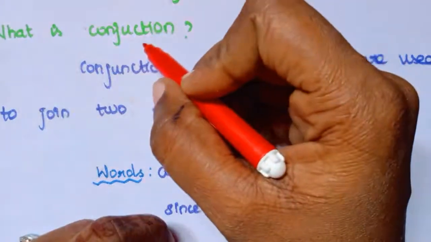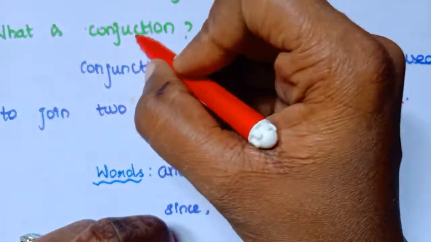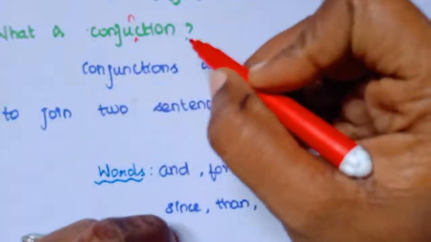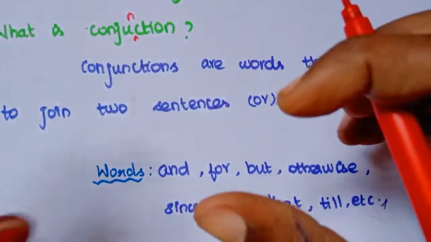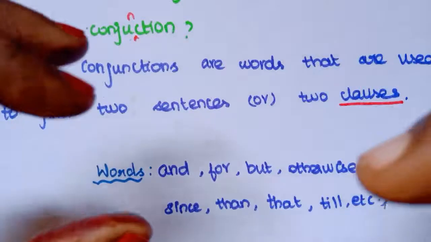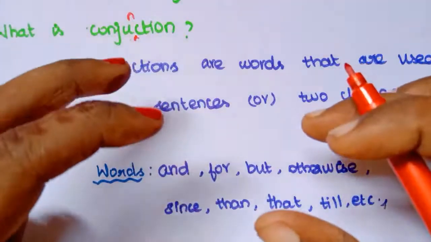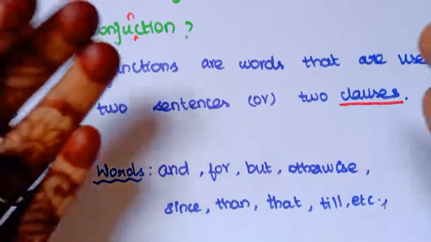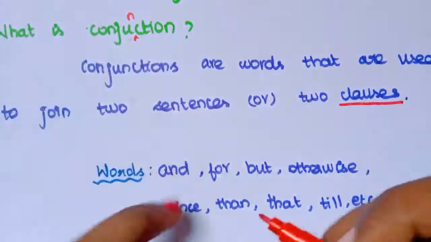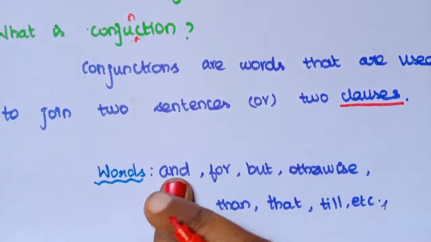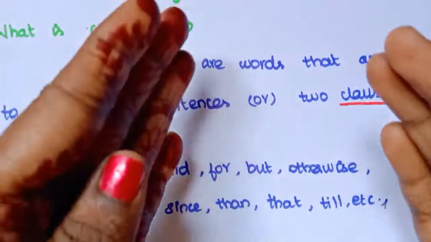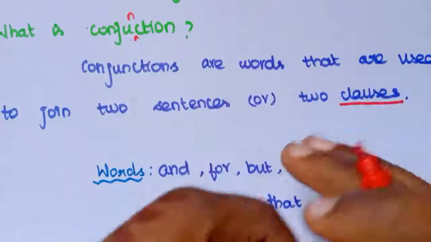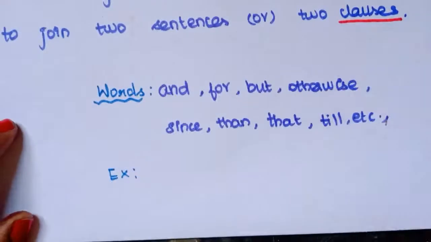A junction is nothing but a meeting point. So here also, a conjunction is used to join two sentences or two clauses. These words act as a meeting point for the two sentences, so it acts in between those two sentences. Now if you see an example,